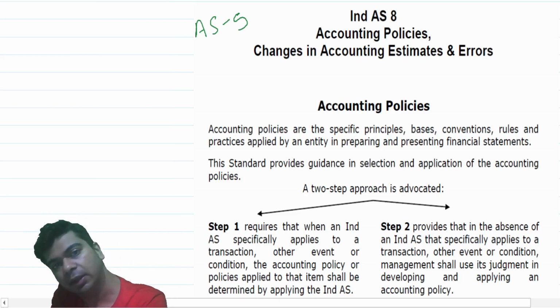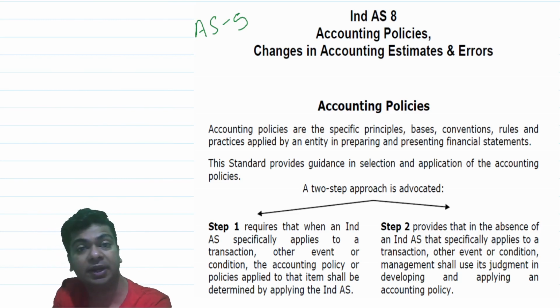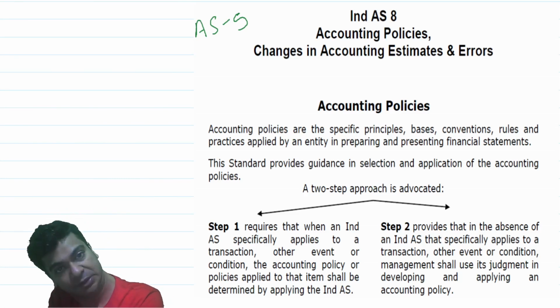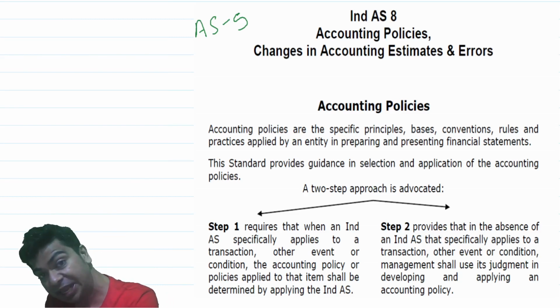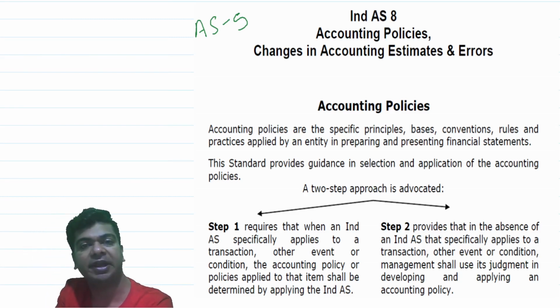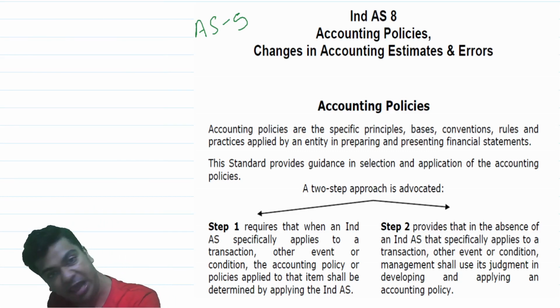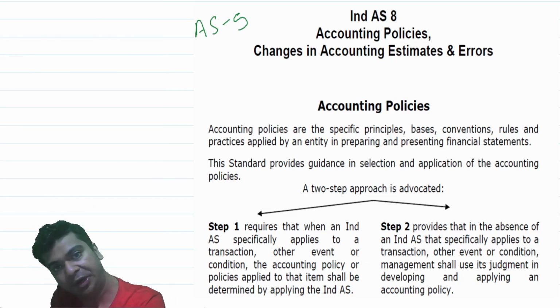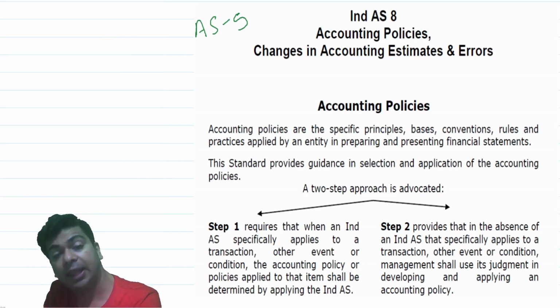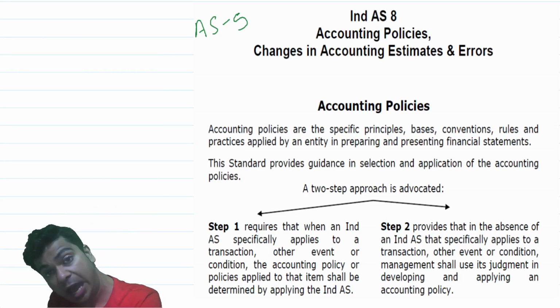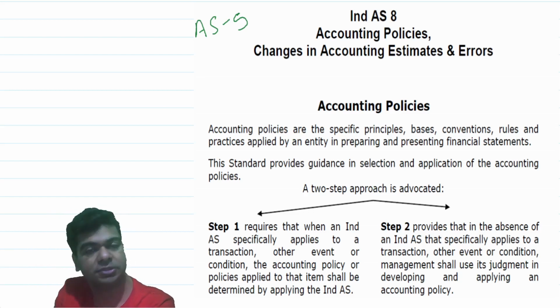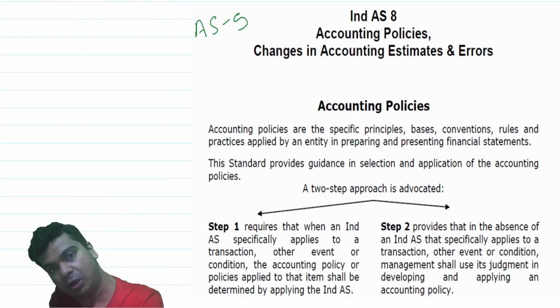Let me make it very clear. What we are doing as per Accounting Standard 5 and what we are expected to do as per Ind AS 8, there is a tremendous difference between the two. First and foremost, before I even discuss anything about Ind AS 8, let me make one thing very clear. Accounting Standard 5 also deals with extraordinary items. In India, when we are applying the regular accounting standards, we do classify certain items as extraordinary items. However, under the Ind AS system, no item will be classified as extraordinary.